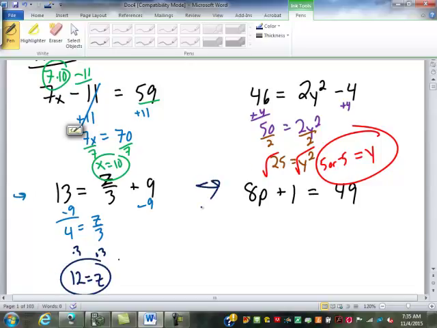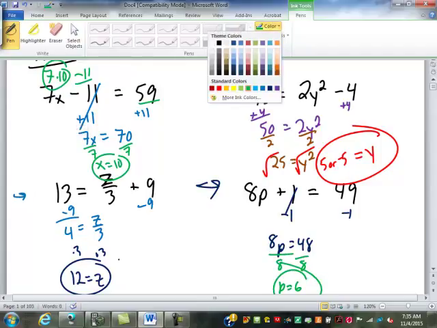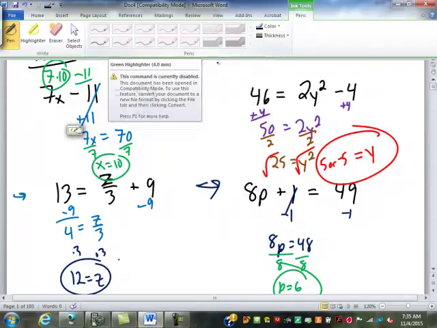Over here, subtract 1. 8p equals 48, and then divide by 8. P equals 6. How many of you had all 4 of those right? Good deal. Well, since we're in the review mode,